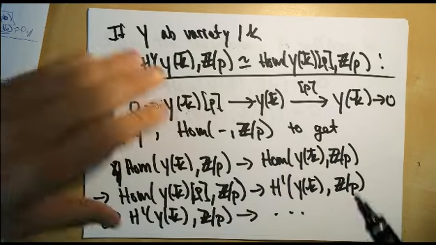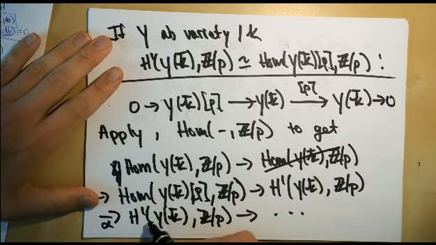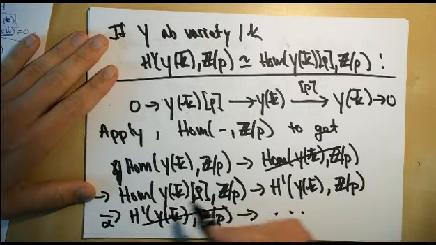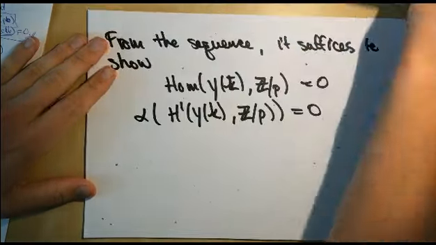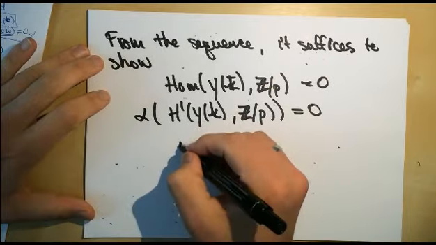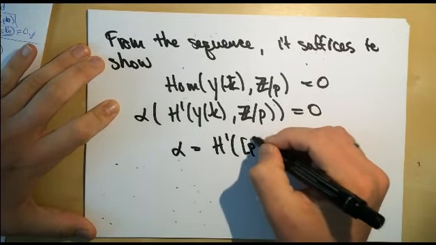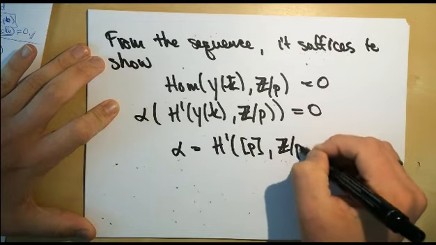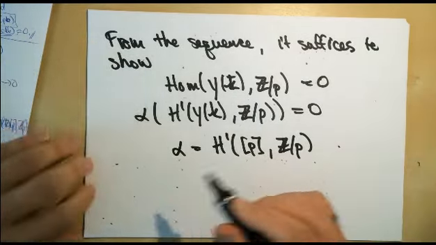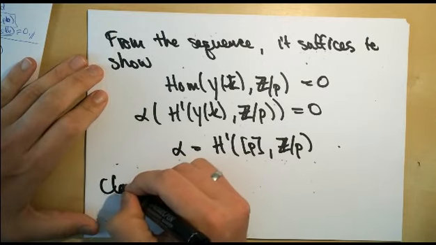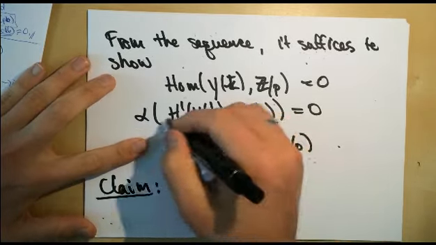And then this would get rid of this, and that would get rid of, well, essentially this after replacing by a kernel. And then it would show that those two things are isomorphic. Okay, and so remember that alpha here is really H^1 of multiplication by p on Z mod p. Okay, I claim, so the claim, I think this is how it works. I think I convinced myself that here,